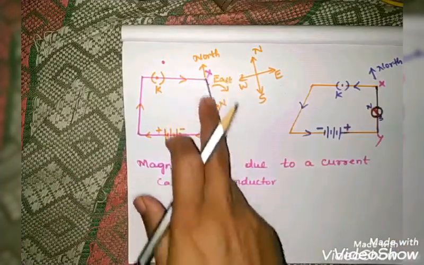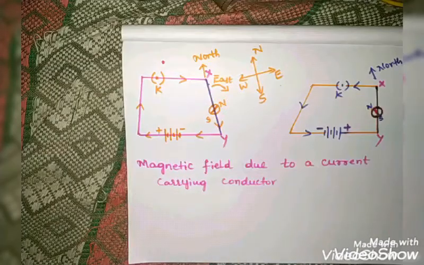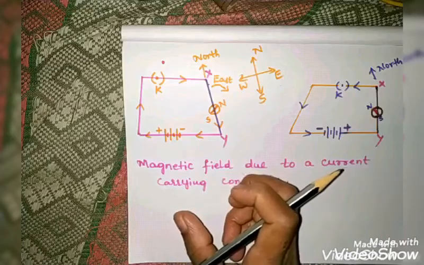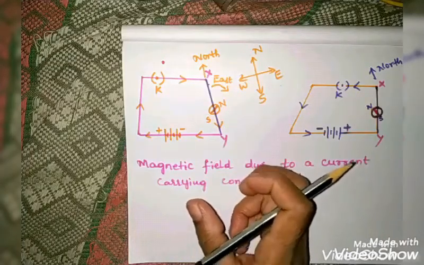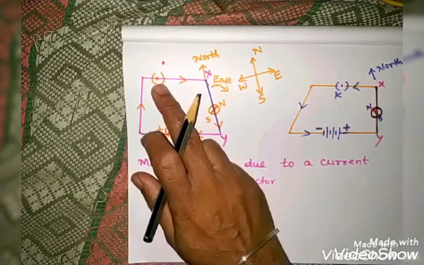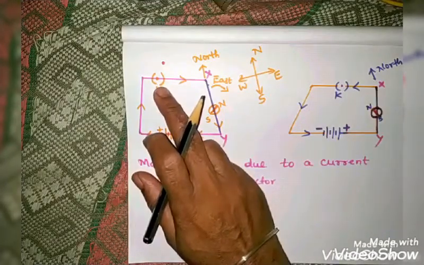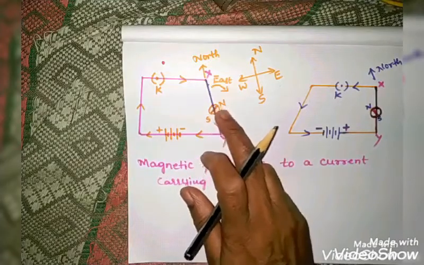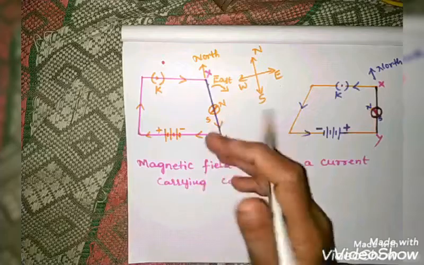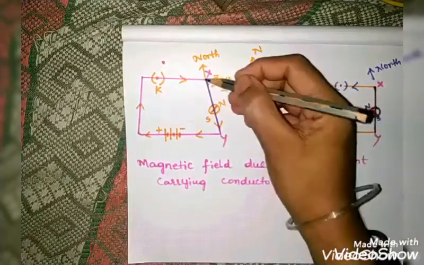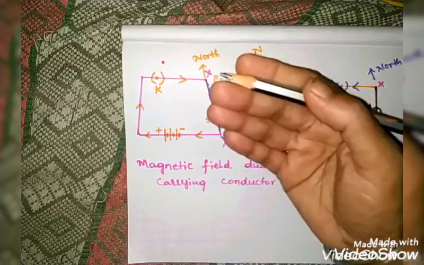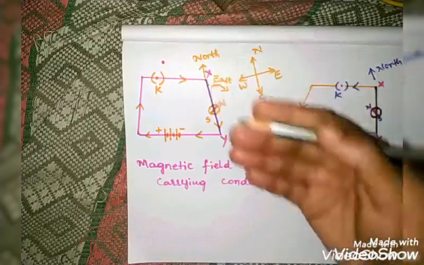You can observe here XY is a copper wire and 2 or 3 cells. It is a battery then. The combination of 2 or 3 cells is known as battery, you know, isn't it? A battery is taken, and a plug key. Plug key means nothing but switch. And a magnetic compass is taken. The straight copper wire XY is placed over the magnetic compass and parallel to it.